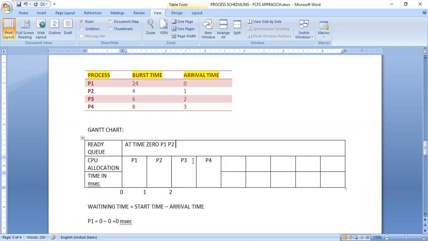At the time 2, guys, again one more process is ready. P3 will enter into the system. So at the time 2, P3 is ready to enter into the ready queue, allow it, and again you give 1 more millisecond. So 2 plus 1 will become 3. At the time 3, again process P4 enters into the queue. Now again you allocate 1 more millisecond. So 3 plus 1 will become 4 milliseconds. Once all the processes enter into the ready queue,